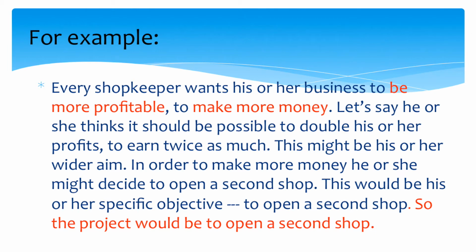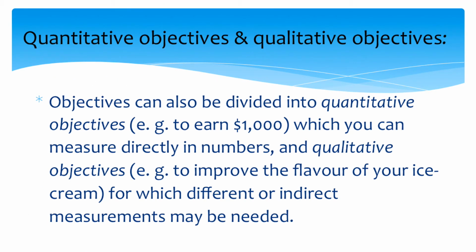In order to make more money, he or she might decide to open a second shop. This would be his or her specific objective, to open a second shop. So the project would be to open a second shop. 那么怎么样让他的利润翻倍呢？他想再开一家分店，开第二个店 a second shop。那么他的项目的具体目标就是开第二个店，但是他最终更广的总体目标是要创造更多的利润。